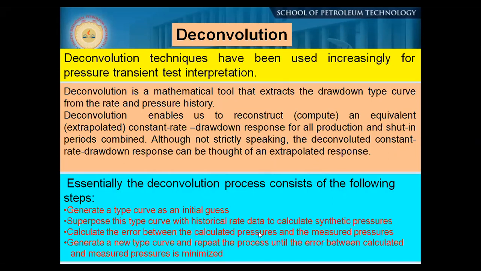Calculate the error between the calculated pressure and the measured pressure. So we now check so that we could match both our synthetic pressure which we calculate and the measured pressure. If it is not matching, then again we repeat the process, slightly modifying the information, and try to match it until it is matched. Okay, so this is how we go ahead with